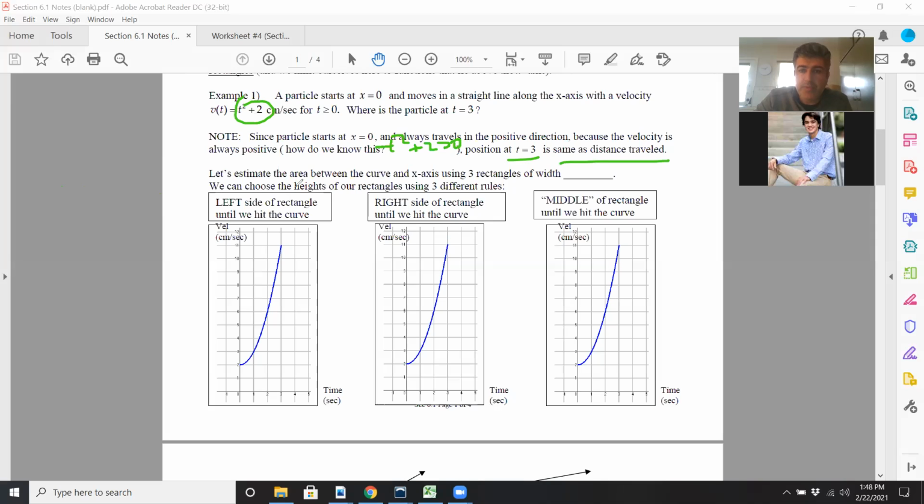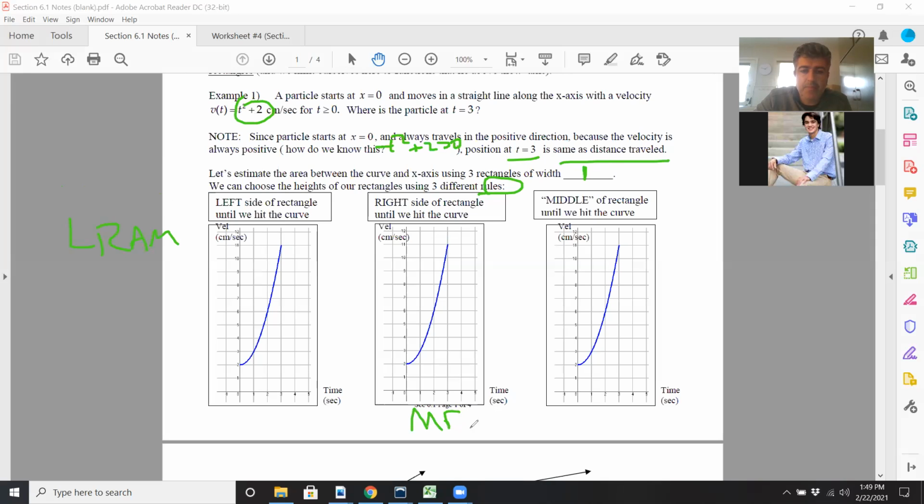Now, how are we going to do this? How are we going to find the distance traveled? Well, let's estimate the area between the curve and x-axis using 3 rectangles of width 1. And there's 3 different rules we can use for making our rectangles. There's something called left, right, and middle. In fact, we call it LRAM,